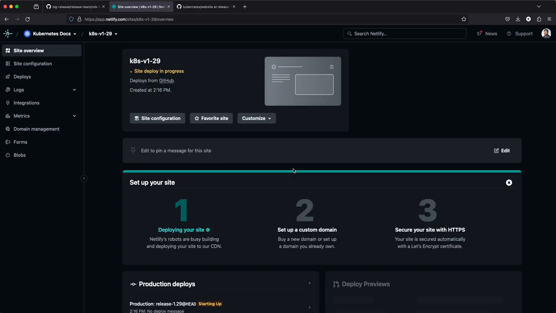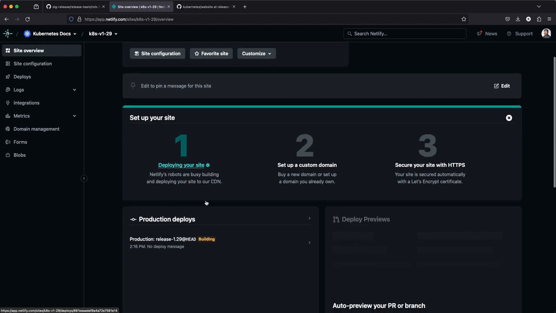So that's pretty much the steps on how to deploy and create a site on Netlify for the previous release of the new release cycle. In this example, this release cycle is 1.30, and we're creating a Netlify site for the 1.29 release branch. This will take a few minutes, so I'm probably going to end the video before this actually deploys, but just go on to